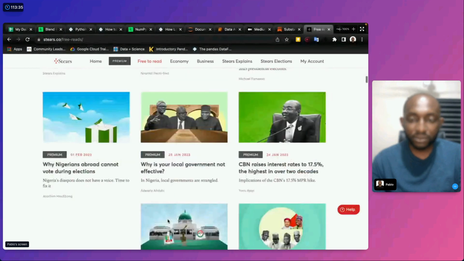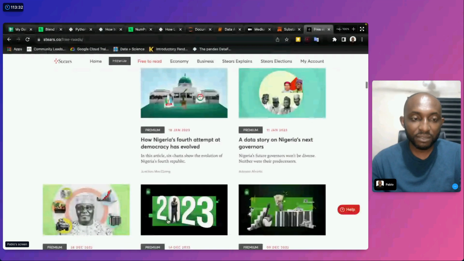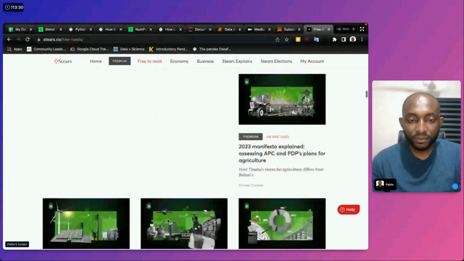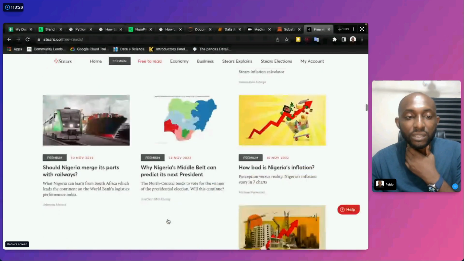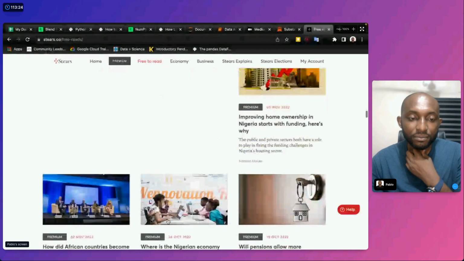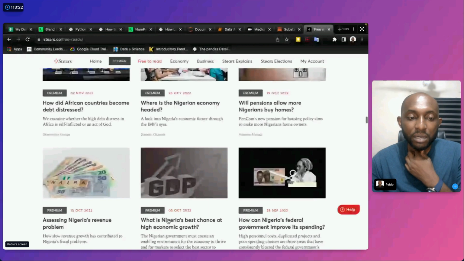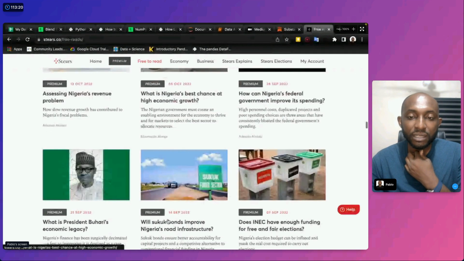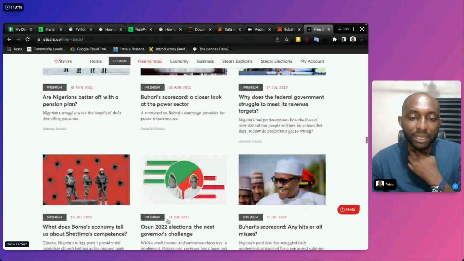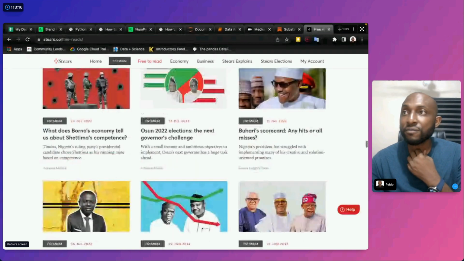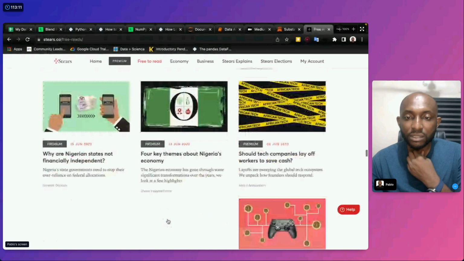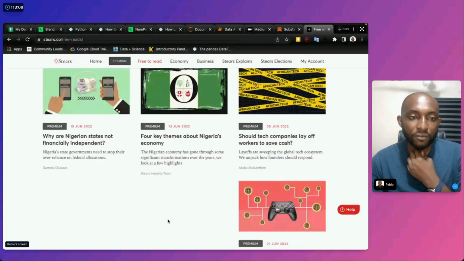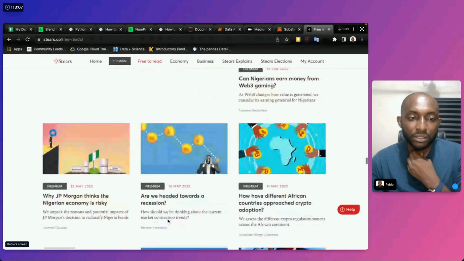A lot of premium articles, but there must definitely be something free. Or you can also sign up to get newsletters from them. But the whole idea about signing up on this to get their free articles is so that you can learn to write articles yourself, right? And it's really cool. It borders on a lot of stuff that's cool.